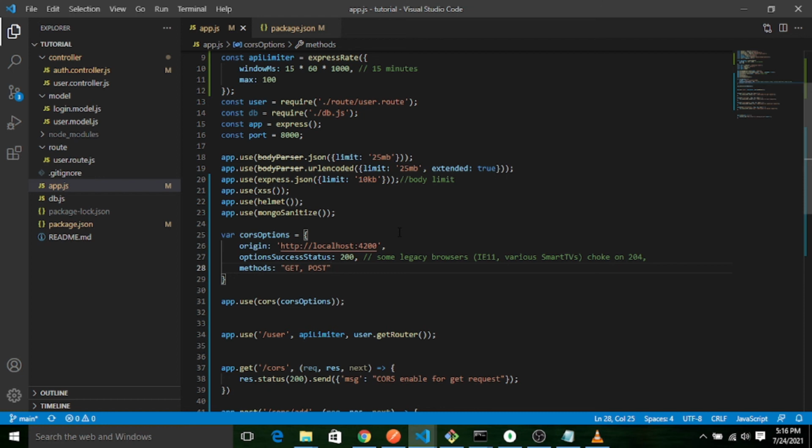So here, if I write in the array both 4200 and 3000, both can access our server, but only get and post methods. Let's see.